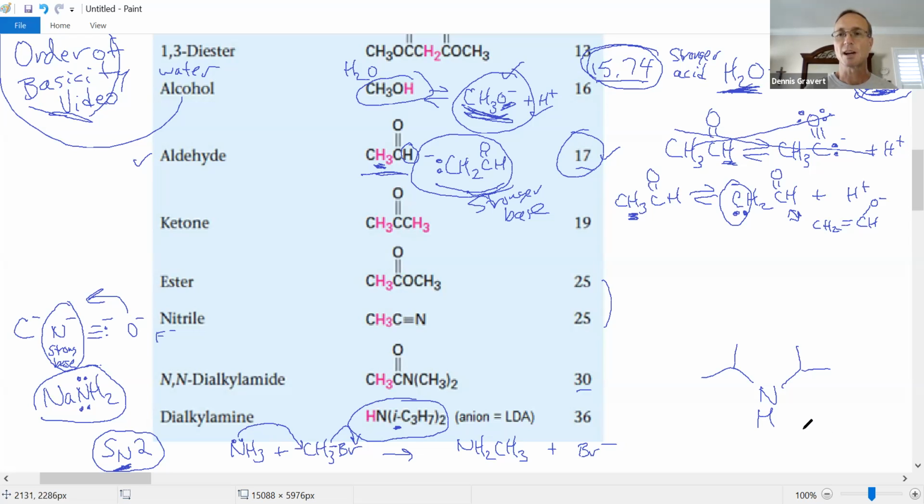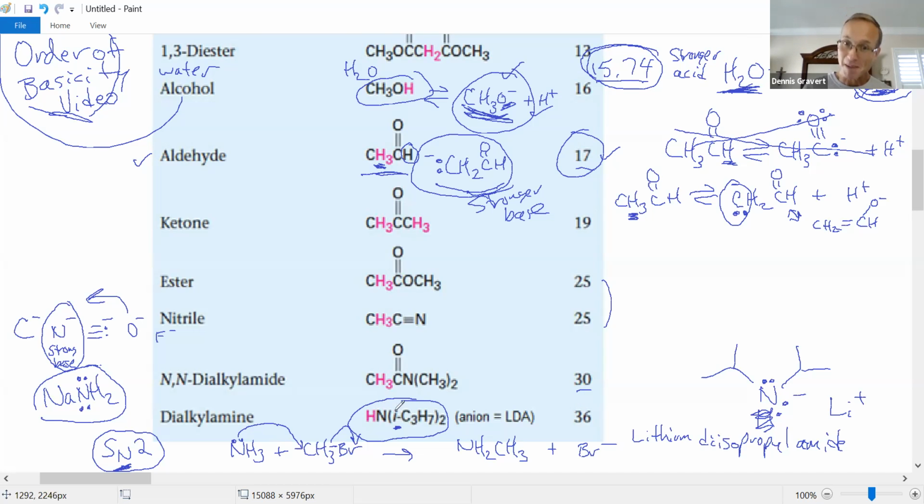So we're going to start with this molecule. And if we remove the hydrogen, well, it had 1 lone pair. If you remove the hydrogen, now it has 2. And then it's commercially available as a lithium salt. So this molecule is going to be lithium diisopropyl amide, all one word. That's going to be one of our common bases,